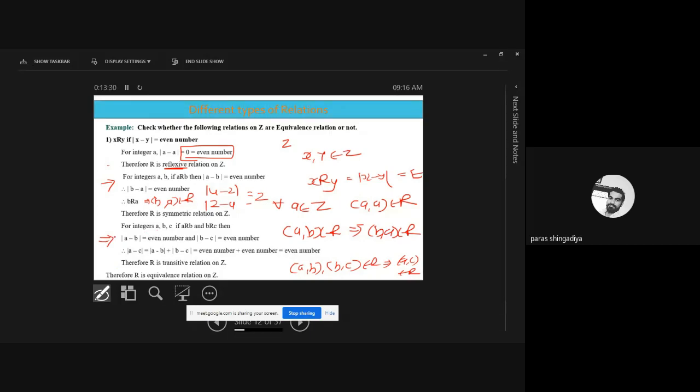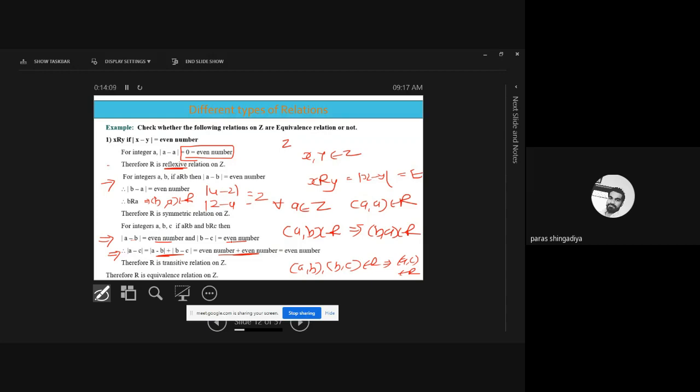Now use mathematics to prove |a minus c| is also an even number. Just take additions on both sides, left hand side and right hand side. So here |a minus b| plus |b minus c|. For such numbers we can remove the modulus, and you will get |a minus c|, because minus b plus b will be removed. And in the right hand side, even number plus even number will be an even number again, since addition of even numbers is always an even number. So here we prove that |a minus c| is an even number. So what does it mean?